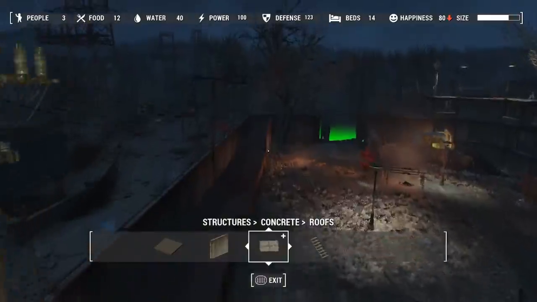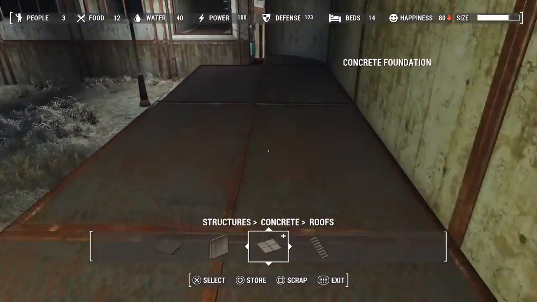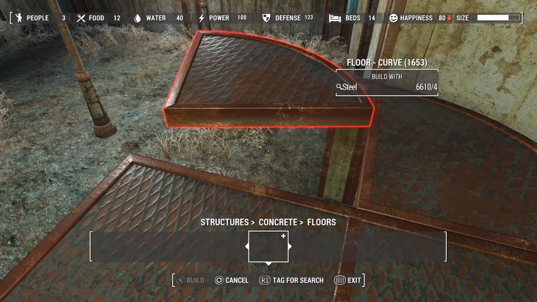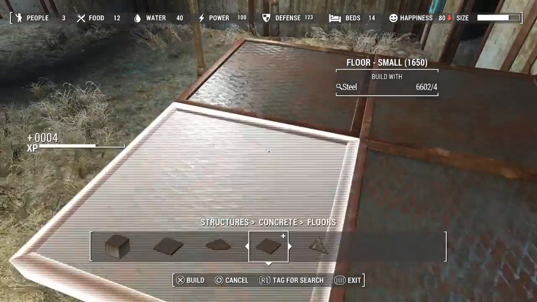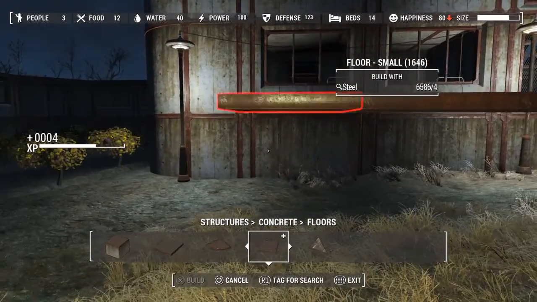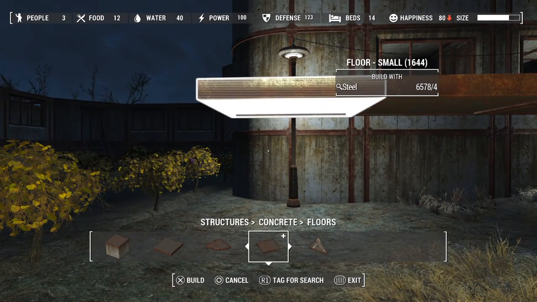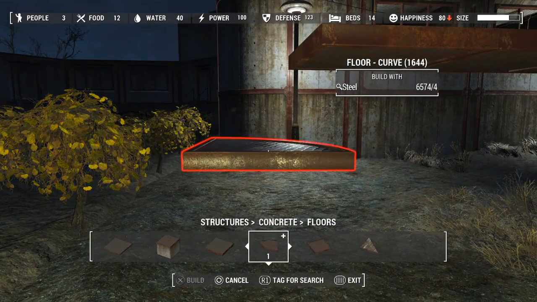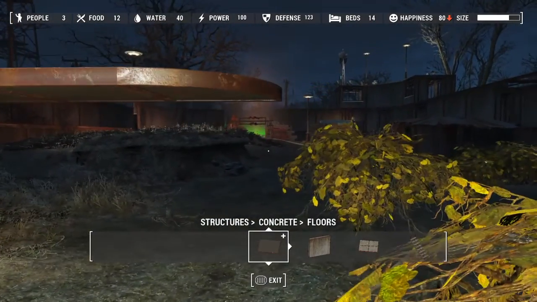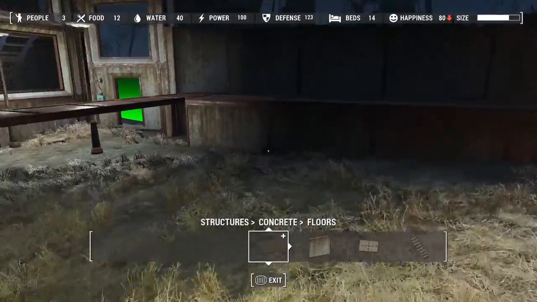Back to building. As you can see, I have the attention span of a gnat. No, not roofs. Come on, brain, think. Now, I can't actually see what floors are in there. Or where it lines up. But I think it's going to be way off still. So, being as it's going to be way off,